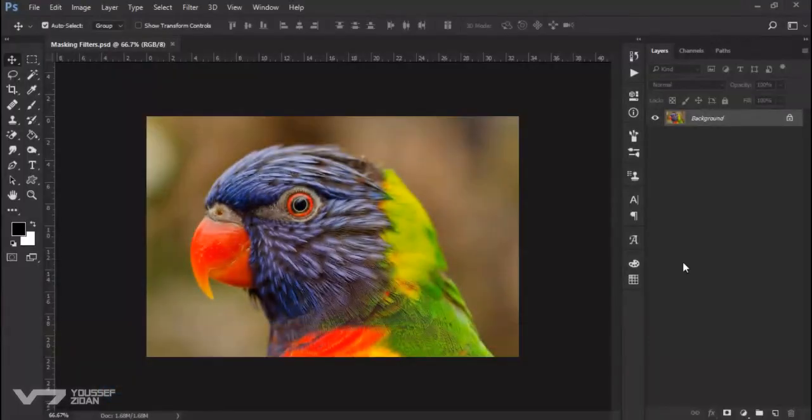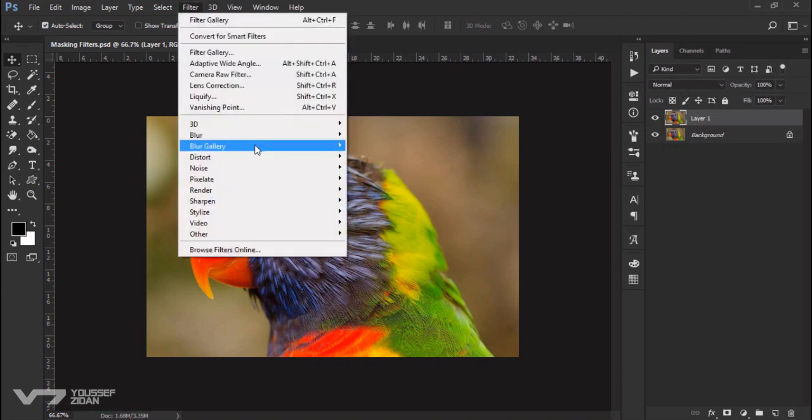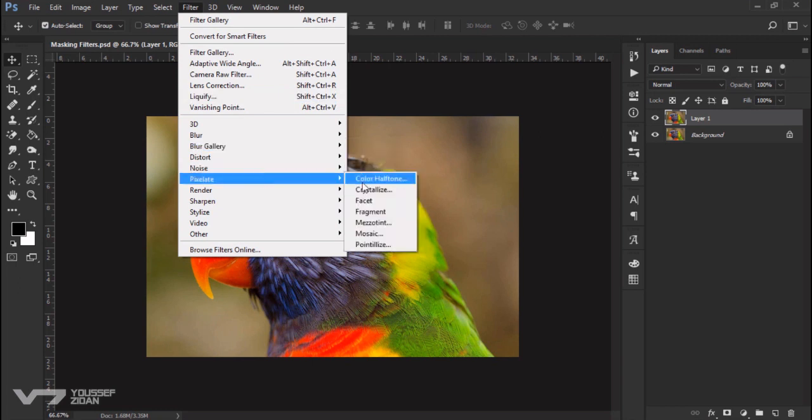In this video, I will show you how to mask filters. First, I will show you the regular way to have a dynamic effect when you are dealing with filters. I will press Ctrl J to duplicate the background, and then I will go to Filter, something like Pixelate, Crystallize,